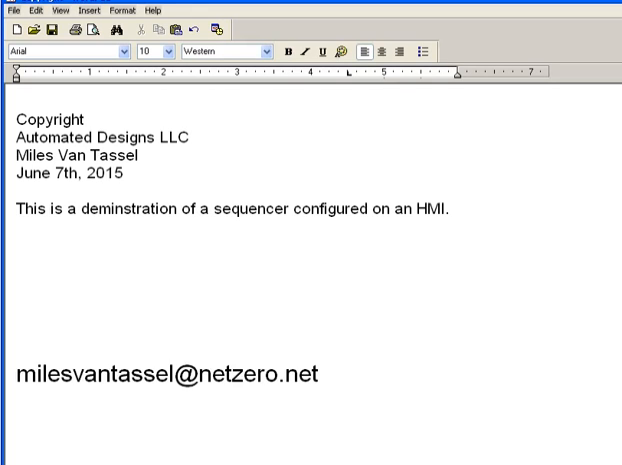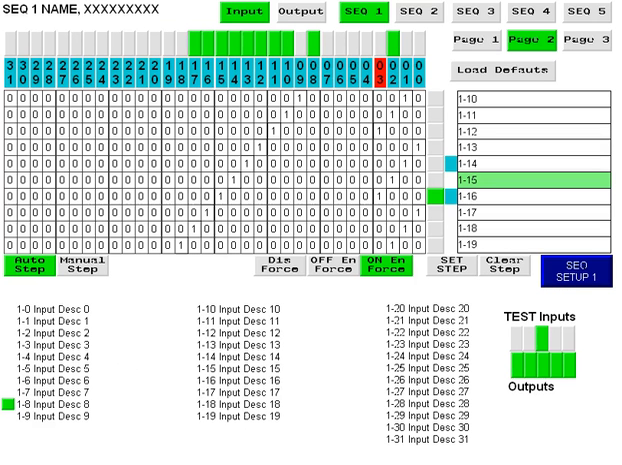This is a demonstration of a sequencer configured on an HMI by Miles Van Tassel. The sequencer is shown in matrix format with 30 available steps, 32 inputs, and 32 outputs. The purpose of this type of sequencer is to eliminate the need for a PC and PLC programmer to do